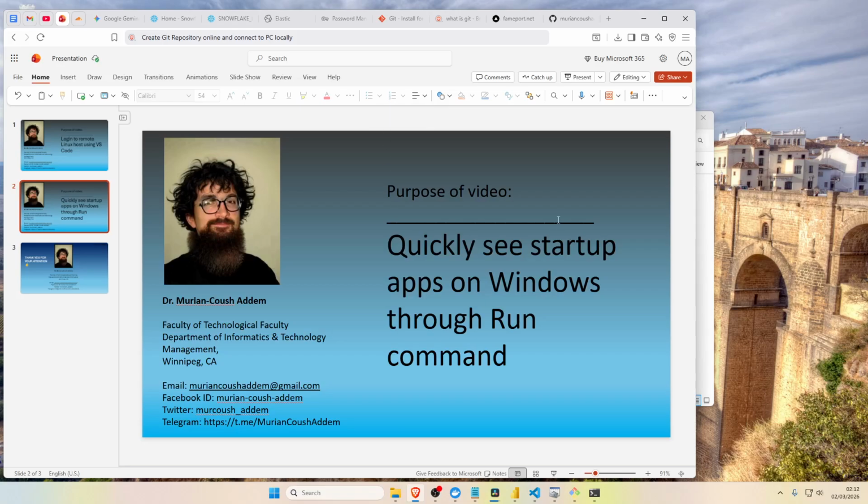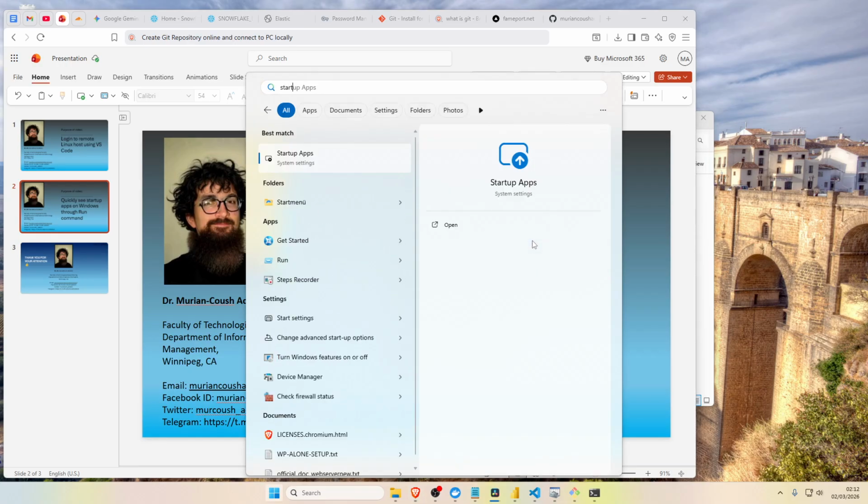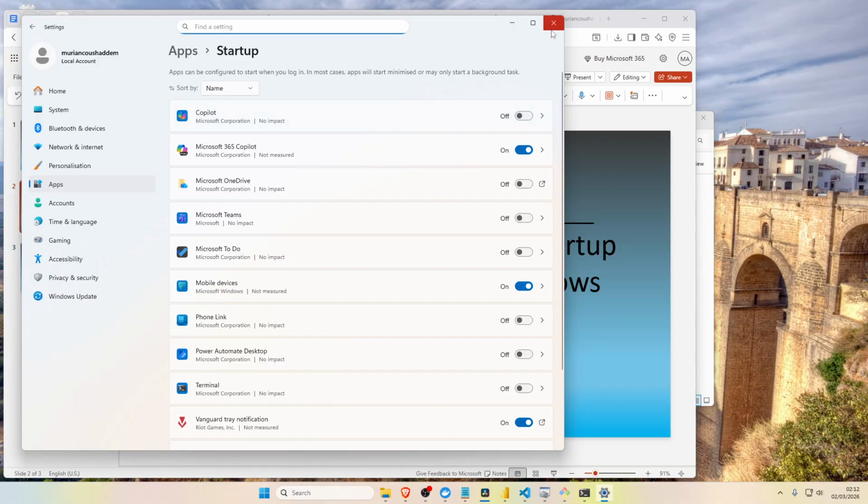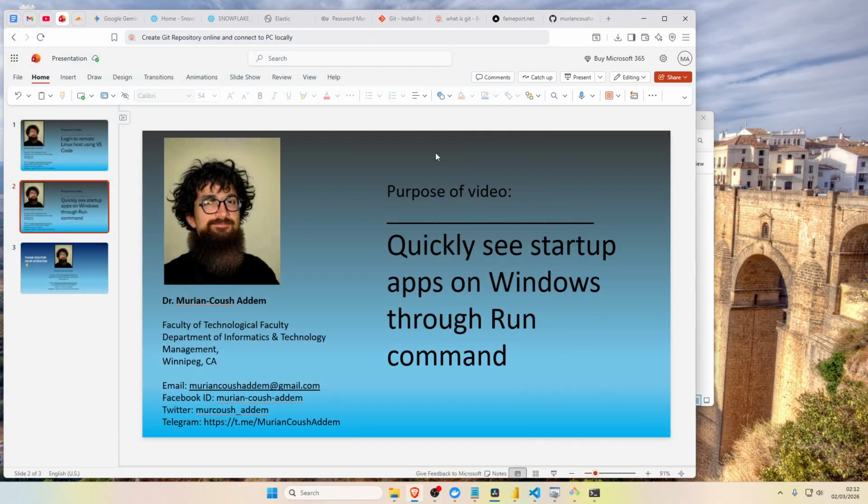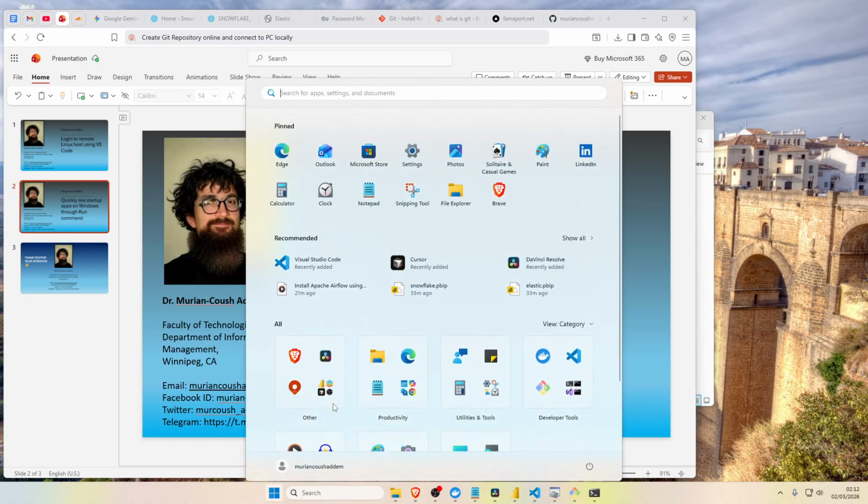Quick tutorial: how to see startup apps on Windows. I mean, you can do startup apps like this, the boring way. But if you want to be extraordinarily fancy, you can also do the Windows key